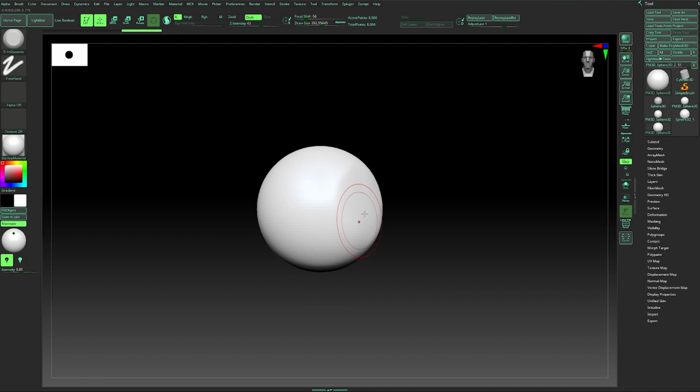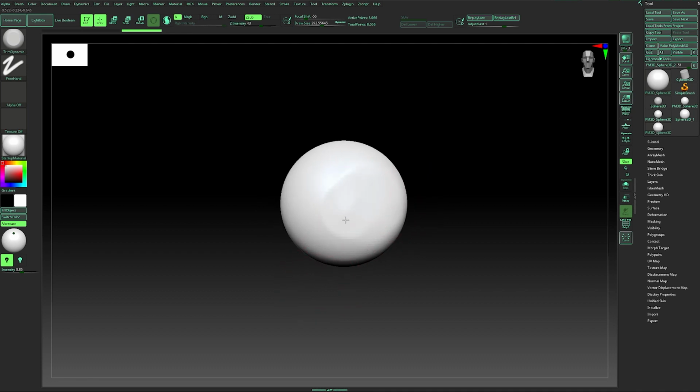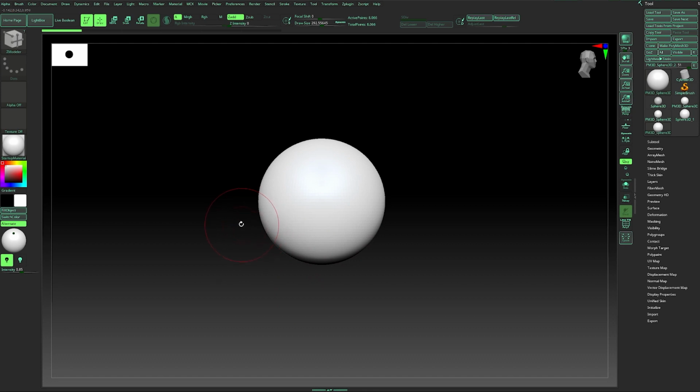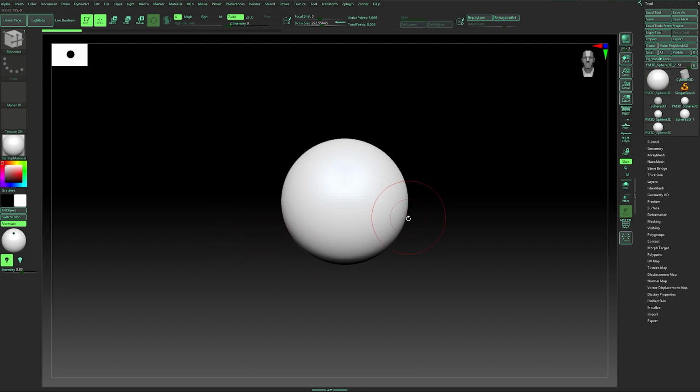You can see it's great. For modeling the low poly, we can use the ZModeler. It's completely your preference. We can also use Blender or other modeling applications to model. They are actually better in modeling than ZBrush. ZBrush is great in sculpting. But if you don't want to go to Blender or any other modeling application and you want to do everything inside ZBrush, you can actually use the ZModeler to model hard surface stuff.